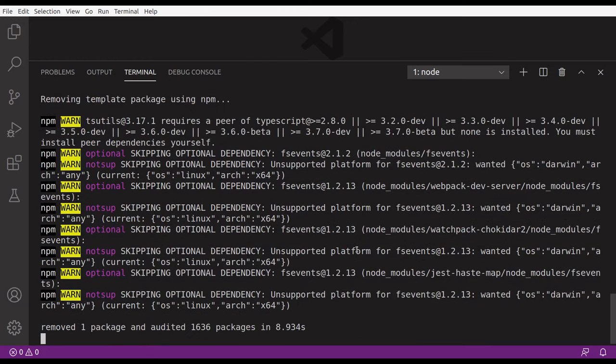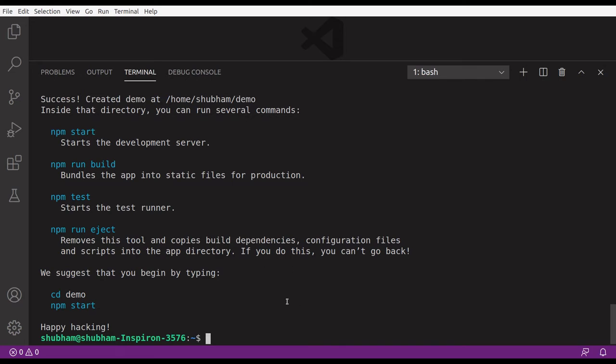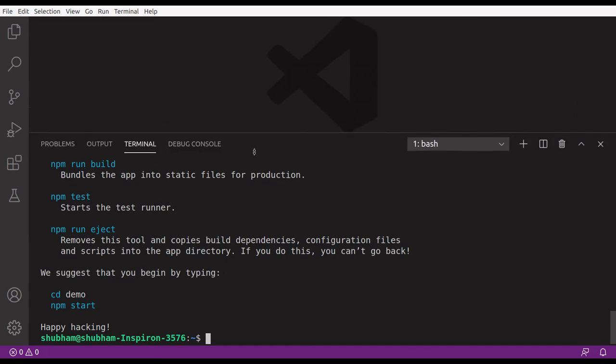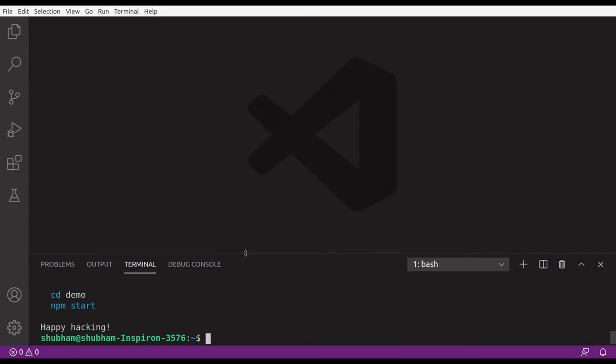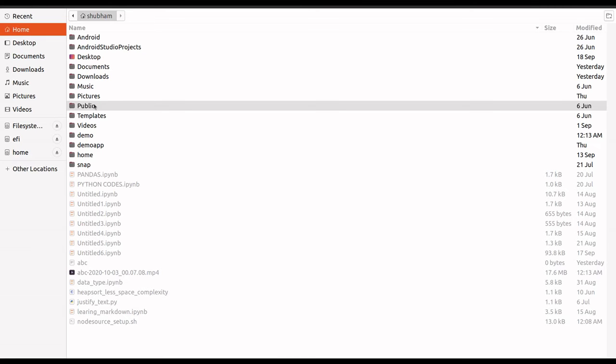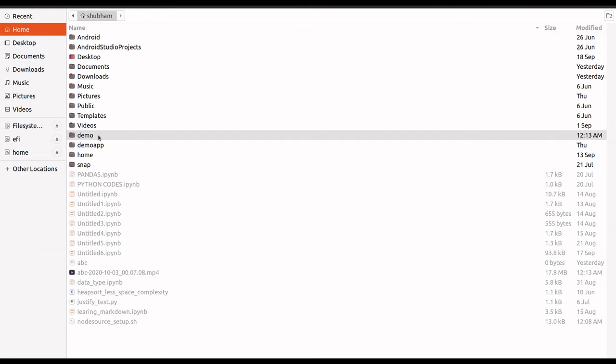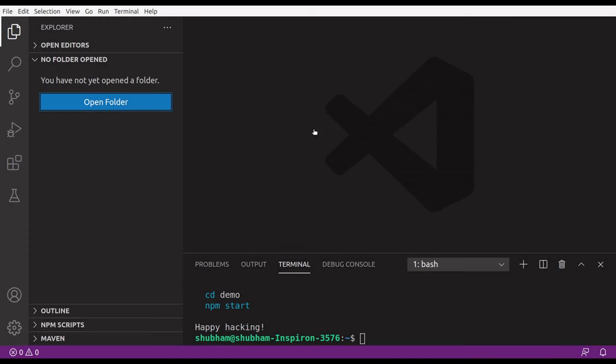Yeah, now it is installed, it is saying. So let's open the folder in Visual Studio, that is demo. Since I have created this folder, this is the path of the folder that you have created, home. This directory will be the same. Go to the home folder and open your app. So I am just making it short. Come here, Explorer, open folder, and come to home and open demo. Now click OK.